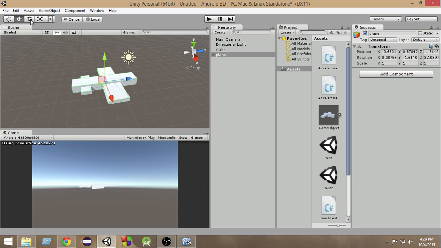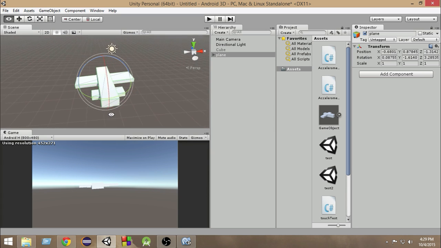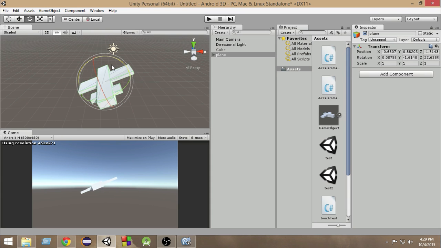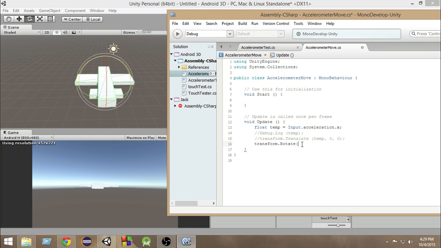In the same way, if I click on the rotate tool, this is also blue. That means this is where we are rotating our plane with respect to the z-axis. So when we want to rotate our cube like this, we have to rotate it with respect to the z-axis. In the rotate function, for the x and y values we're going to put 0,